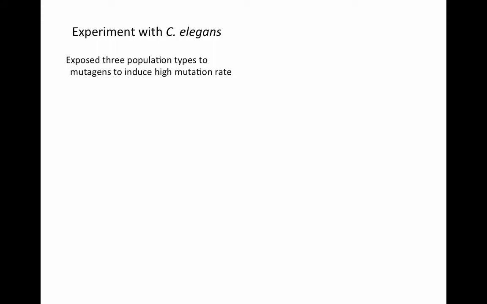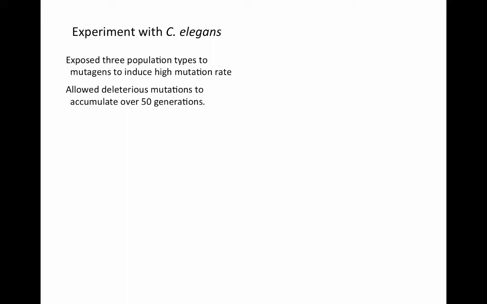their accumulation. The three population types are, on the one hand, the populations with the mutants that are all hermaphrodites, so zero sexual reproduction in that population. The wild type that includes both hermaphrodites and males is one of the other population types, and then they created populations that are composed entirely of females that have the mutation that caused them to not produce sperm, so obligate sexually reproducing individuals. So in these three population types, we're inducing mutations and allowing these deleterious mutations to accumulate over